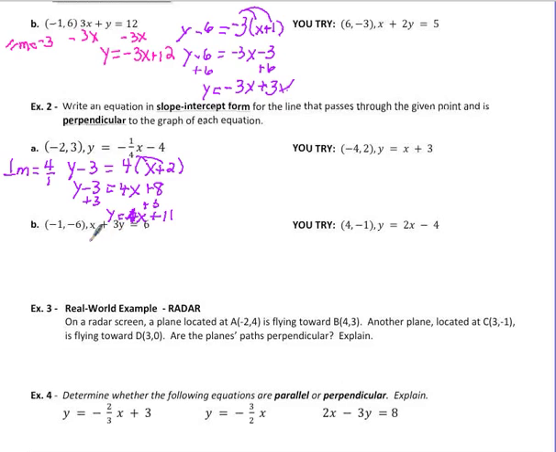We actually have to solve for y first to get our slope. So I subtract x from both sides, and I get 3y equals -x plus 6. Then we divide everything by 3 to get y by itself. And so we get y equals -1/3 x plus 2. And so my slope here is -1/3, so my perpendicular slope